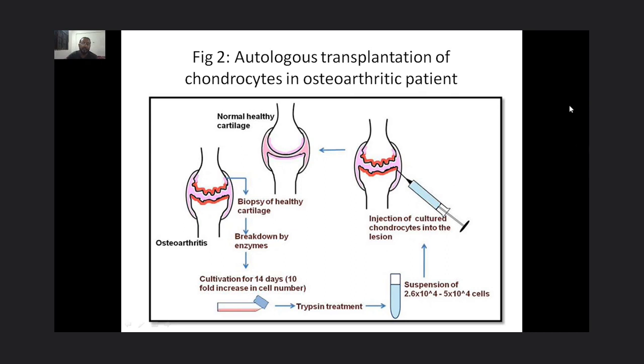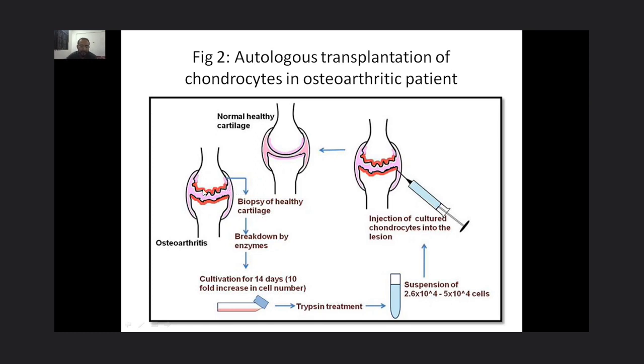So this is how autologous transplantation of chondrocytes in an osteoarthritis patient works. This is a normal, healthy cartilage. This is how it looks, and this is osteoarthritis. Arthritis is nothing but this, see, this is how it is deteriorated, almost damaged. It's because of many reasons, usually age, after 50 or 60, this particular damage will be there. So you take the biopsy of healthy cartilage,